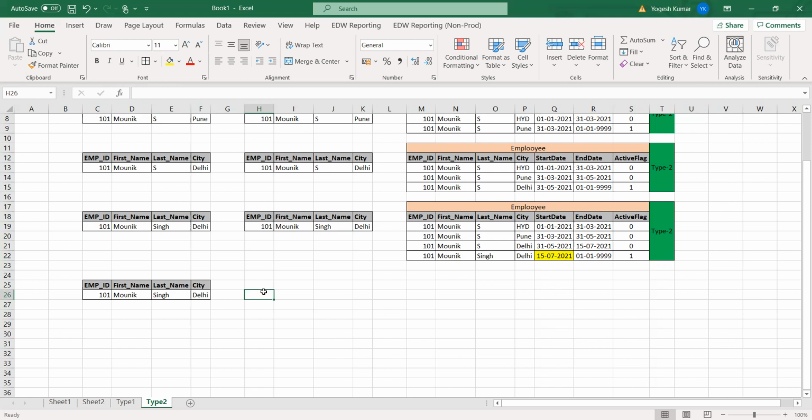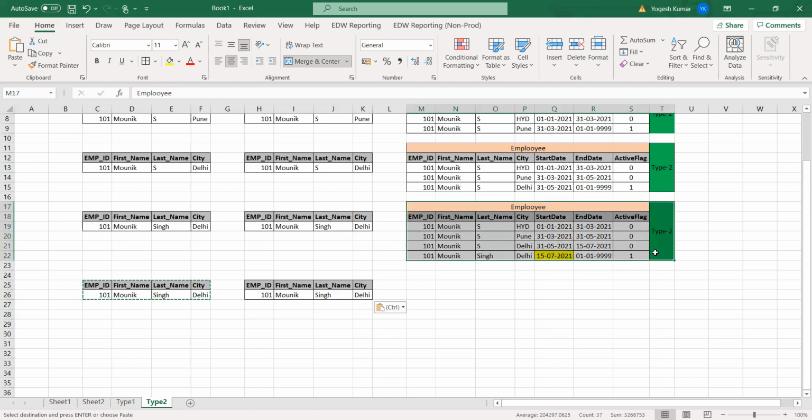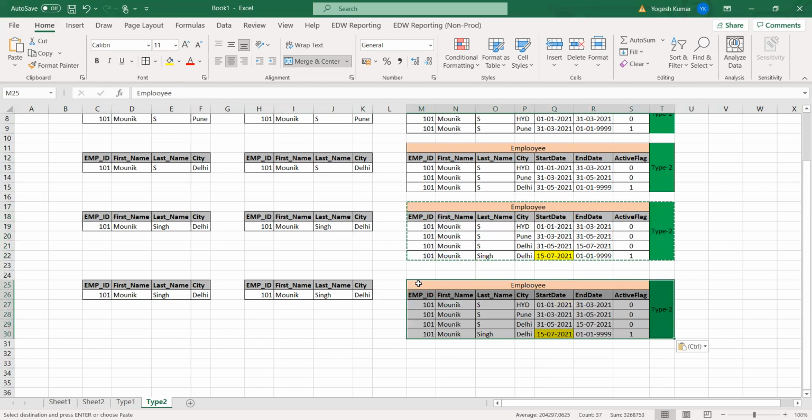So the process would be like this. This is your source data, which comes first into your staging. Then you have this data in your data warehouse. You will compare the active record with this employee ID. It will check what the first name is, this is same. What the last name is, this is same.